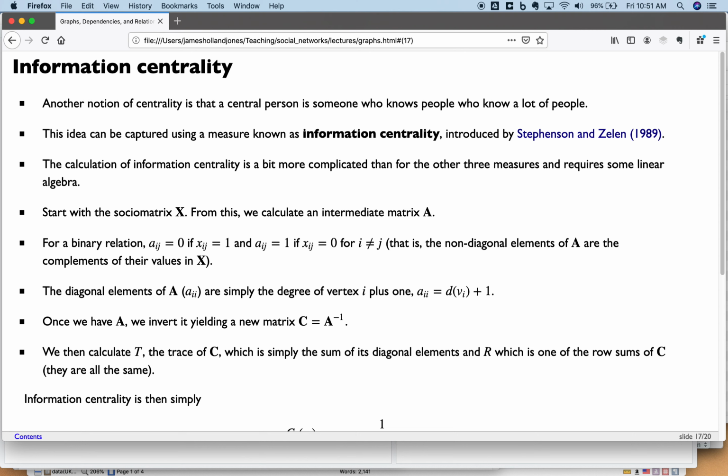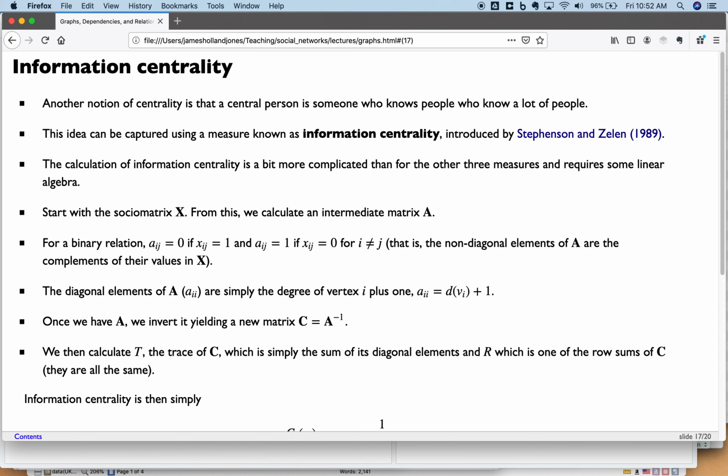But it's just pretty basic linear algebra. We start with a sociomatrix X, and from this we calculate an intermediate matrix A. And A is pretty straightforward. The diagonal elements of A, so the A_ii, are simply the degree of vertex i plus 1. Okay, so that's the diagonal of A. And then the off-diagonal elements of A are just the complement of the sociomatrix. So if there's a 1 in the ijth cell of matrix X, the sociomatrix, there's a 0 in matrix A,